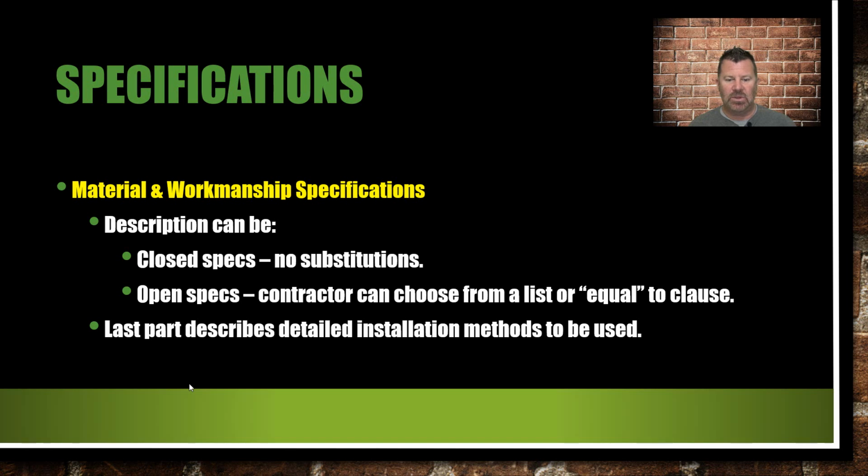Because guys, what if it was open specs? This means the contractor can choose from a list, equal or closer. I've actually seen it: a landscape contractor to supply the irrigation system to the project. And yes, you're going to have to hire a licensed irrigation contractor, or if you have your irrigation license, you can do it. But if they're not specifying what to use and you're set up to use Rainbird or Hunter or Toro, the three leading irrigation companies out there,